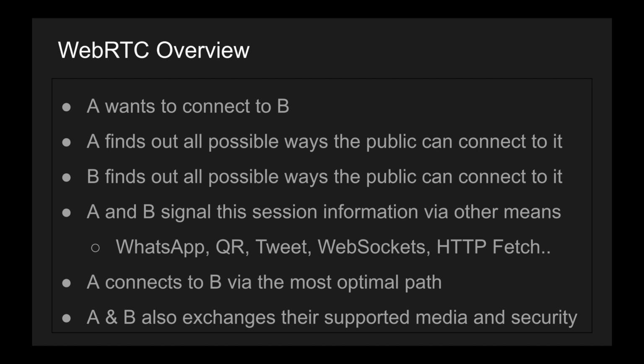So throw this bunch of string that you collected, this session information that's called SDP, the Session Description Protocol, and send it over to B somehow. Tweet it at him or her, do a QR code and scan it, send it via WhatsApp or WebSockets. That's the popular thing, by the way. HTTP fetch or XHR, send it somehow. It's just a bunch of string collected, and then once you send it, B does the same thing and sends their information back to you, and then we will know how to communicate with each other behind the scenes